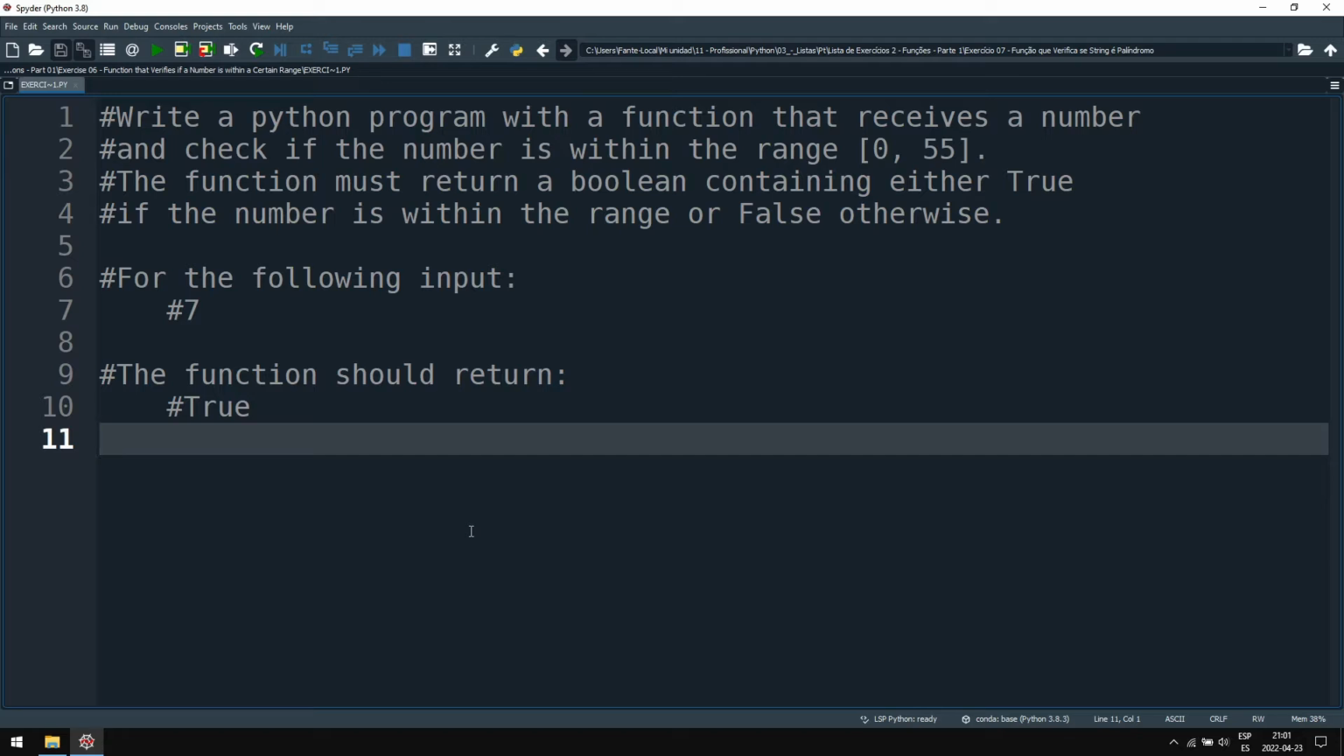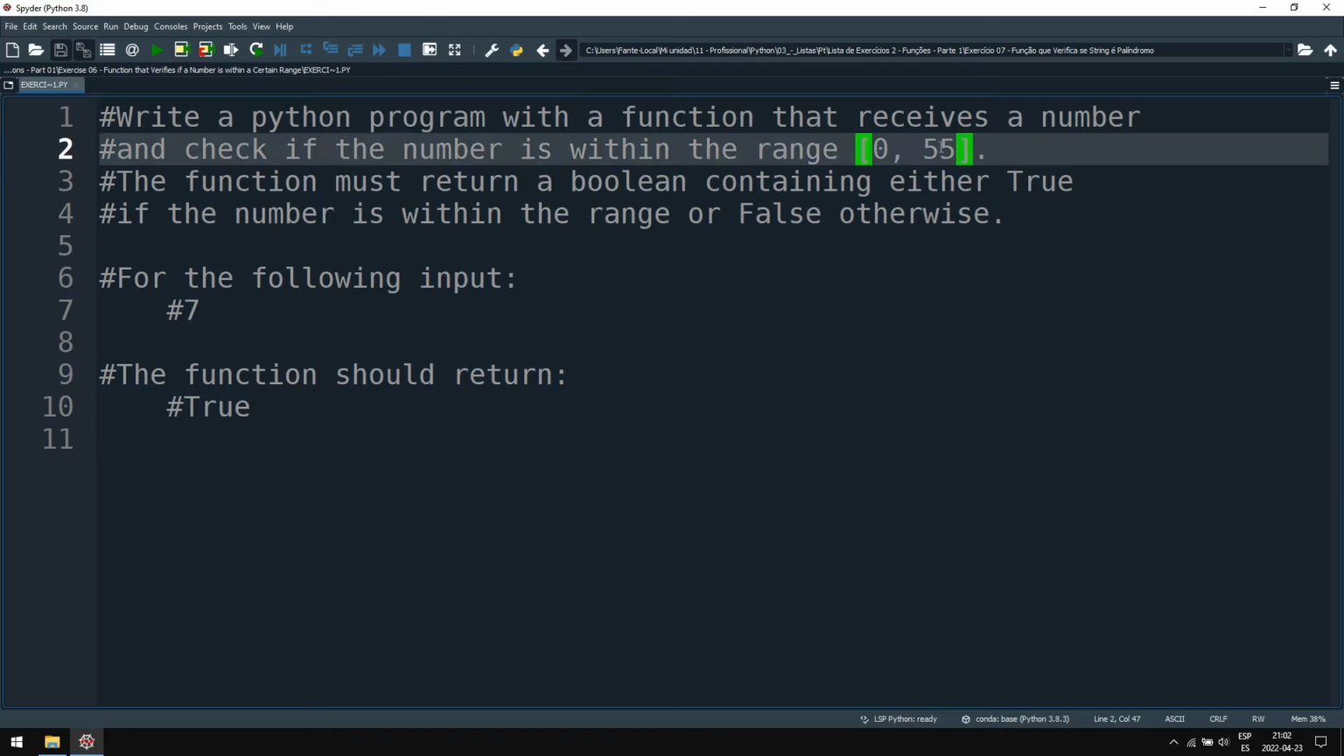Write a Python program with a function that receives a number and checks if the number is within the range 0 to 5. The function must return a boolean containing either true if the number is within the range or